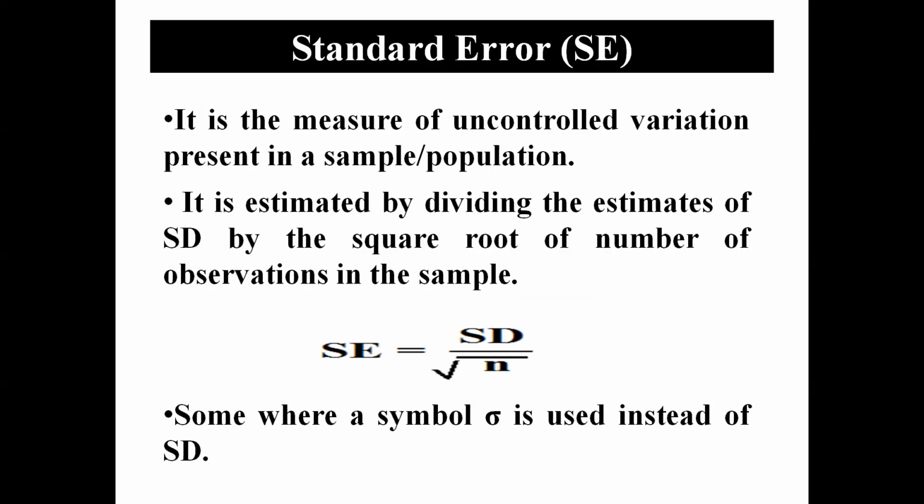Next is standard error. There is some uncontrolled variation present in a population or sample. How do we measure this uncontrolled variation? Statisticians also developed a measure for such type of variation. It is known as standard error. It is estimated by dividing the estimate of standard deviation by the square root of number of